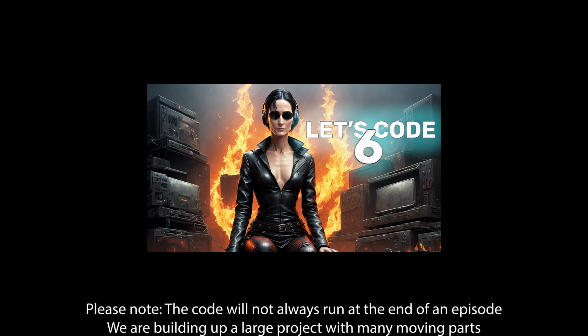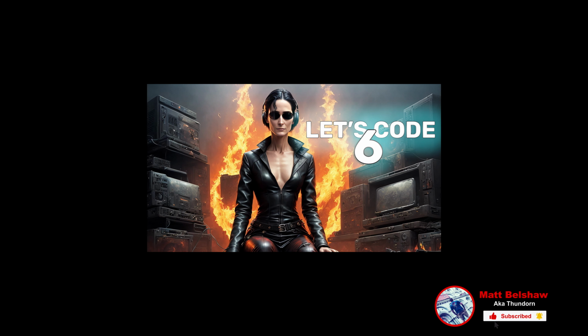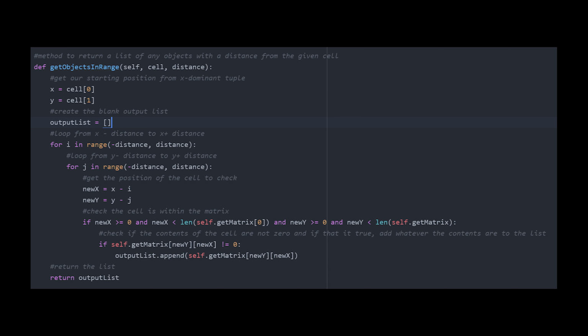The long awaited episode has arrived where we're going to start putting things on the screen. We're not going to completely finish the game obviously, but we're going to start putting things on the screen so that we can actually see a visual representation of what it is that we've coded so far. Before we jump too quickly into that though, there's a couple of other things that we need to take care